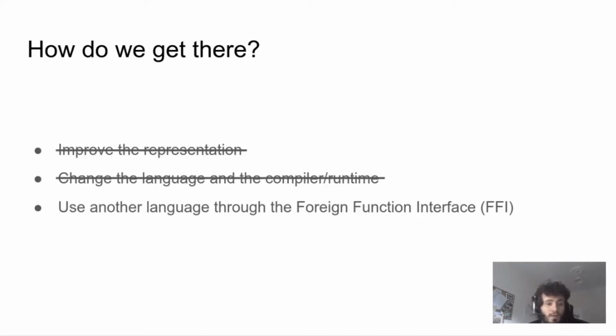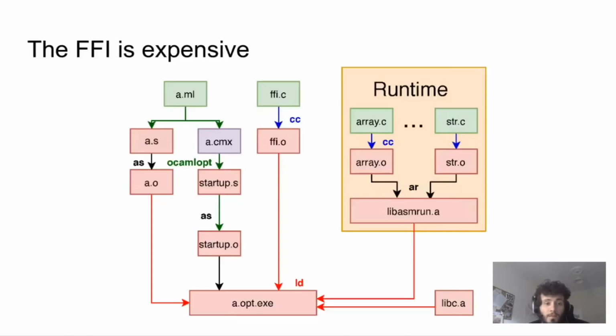We choose to instead use an existing language feature, namely the foreign function interface. The FFI allows us to use the right tool for the right job. We can express low-level constructs in C and call them from OCaml. The FFI of OCaml is particularly powerful thanks to its minimal runtime and simple object representation. This allows us to read arbitrary objects from the OCaml heap and also to allocate arbitrary objects on the OCaml heap. Such features allow the FFI to be flexible enough to build a wide variety of types and functions.